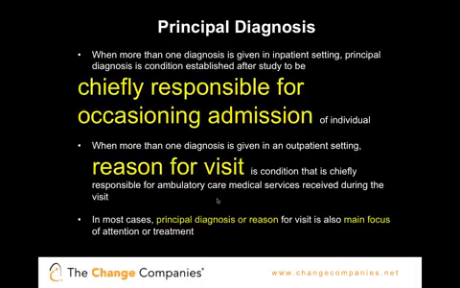There is some information about how do you decide what to put down as the principal diagnosis. Well, it's usually in an inpatient setting the reason that brought the person into admission. So if they were depressed and suicidal, or if they were in withdrawal, that is the reason that they are needing to be in the hospital in a stabilizing, safe setting, and that will usually be the principal diagnosis. In an outpatient setting, it'll be determined more by the reason